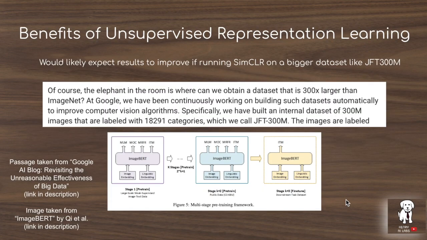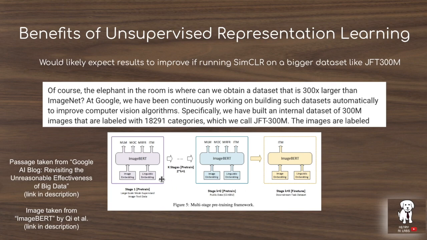Another interesting characteristic of the results presented in SimCLR is that they're doing their unsupervised representation learning on the ImageNet dataset as well, but you'd likely expect these results to improve if you ran SimCLR on a bigger dataset. That's the appeal of these unsupervised representation learning algorithms, is that they can scale to any size dataset. So for example, Google is building this JFT-300M dataset, and you'd imagine that if you did this SimCLR representation learning on JFT-300M instead of ImageNet, you would see even further gains reported in the paper on